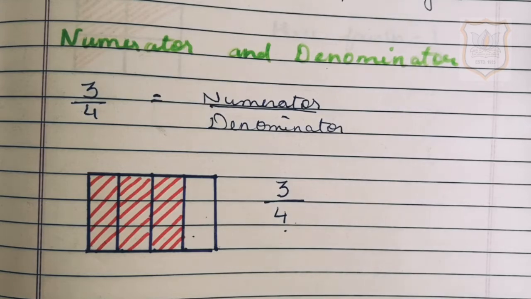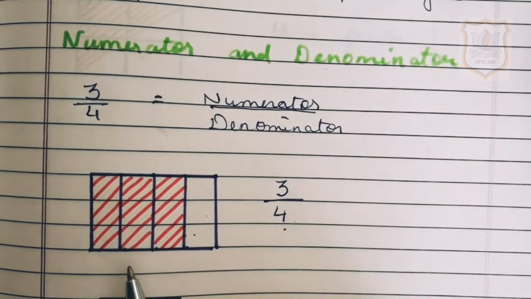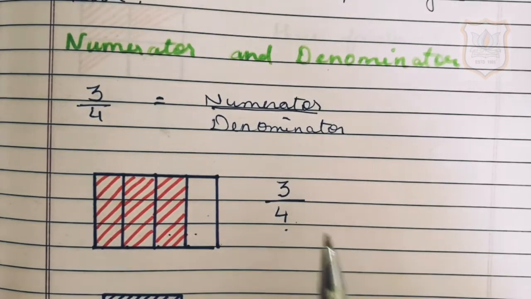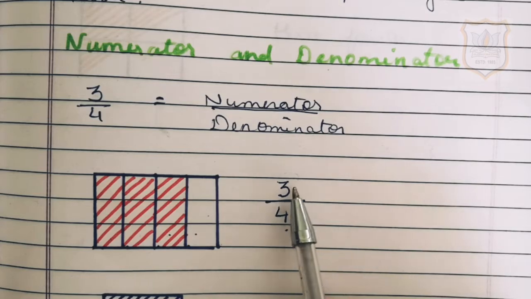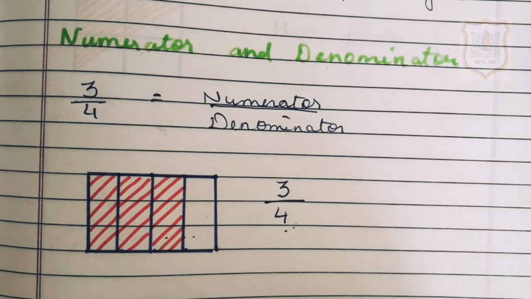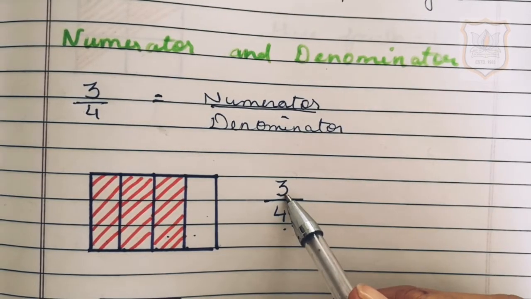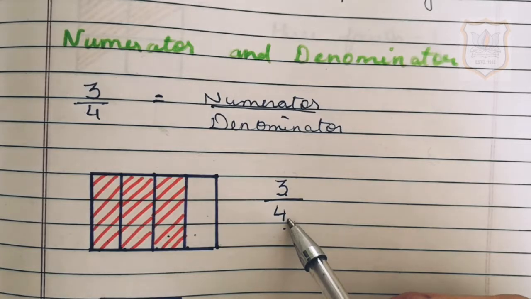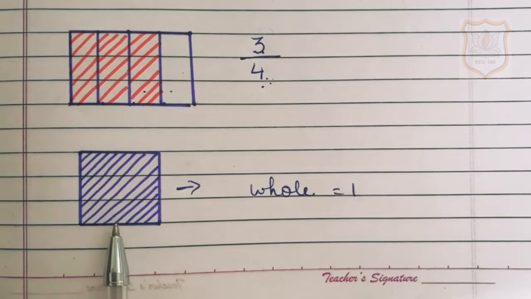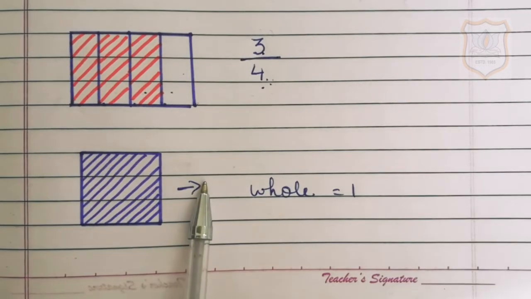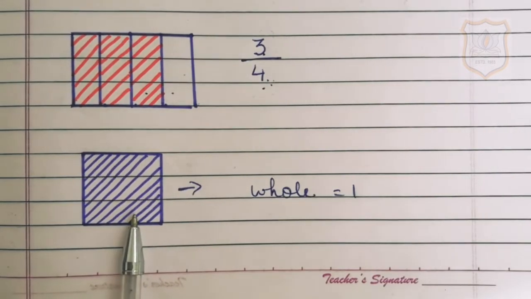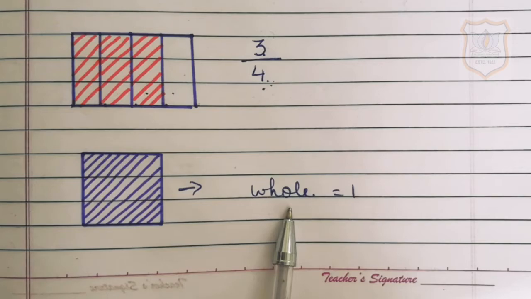Now students, the numerator tells the number of equal parts taken, and here you can see that 1, 2 and 3 parts are shaded. So the numerator is 3. So the fraction so formed will be 3 upon 4 or 3/4. So therefore we can say that the number which is written above the line is called the numerator and below the line is called the denominator. Now students, here you can see an object is given and we are taking the complete object. The entire object is shaded.